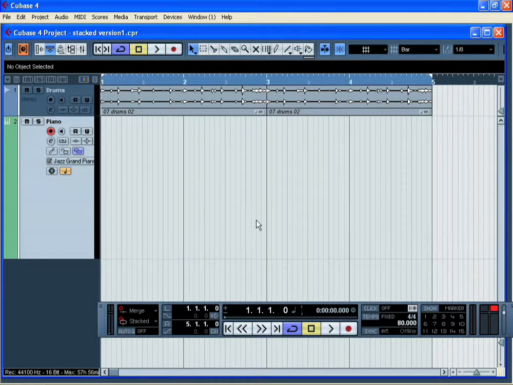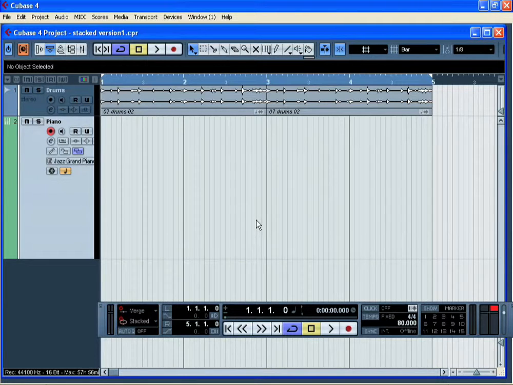What the musicians don't want to do is to record one take and stop and then start again. They want it to be a continuous process to allow them to keep the creativity flowing. Cubase has a very neat feature called the stacked cycle record mode, and this can be used with both audio